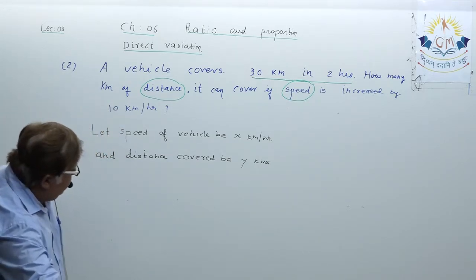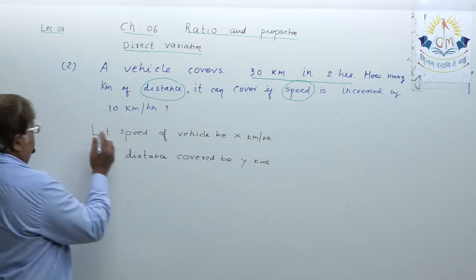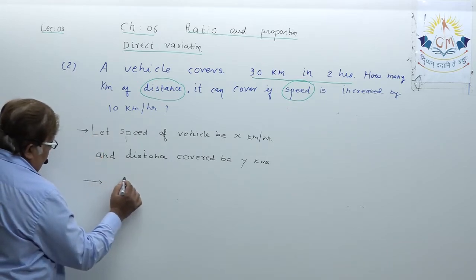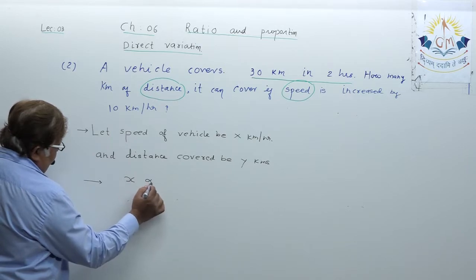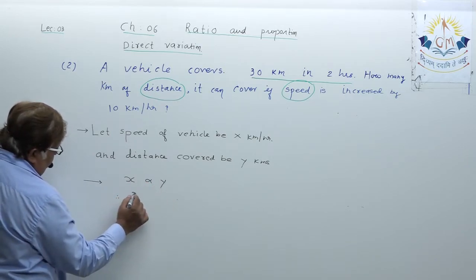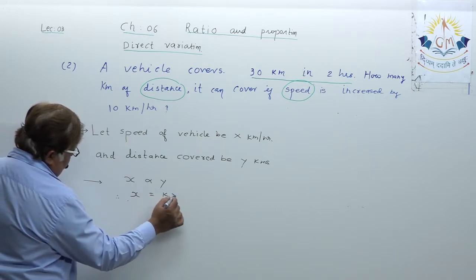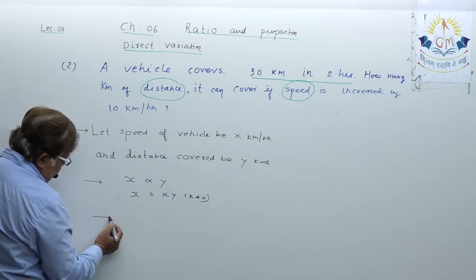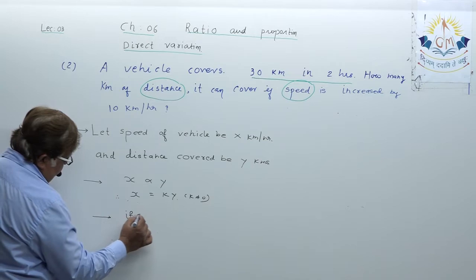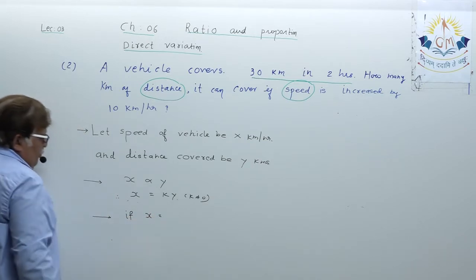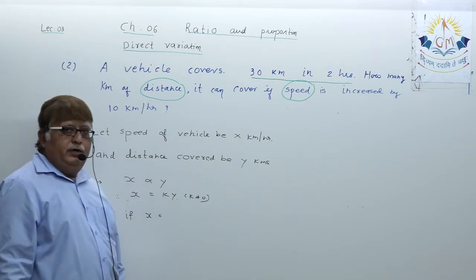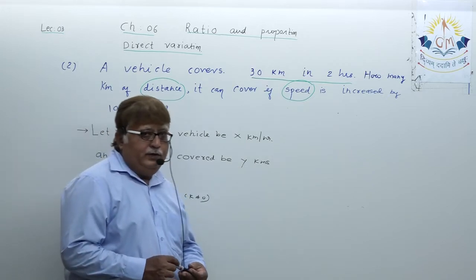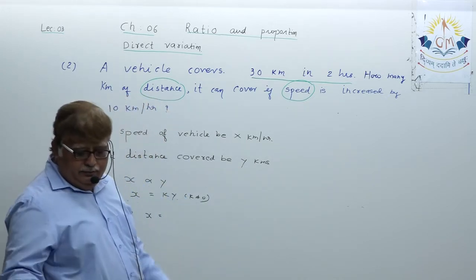First, let us write that data so that you know. This is the first half of the sum. Supposing now x varies to y, x equal to ky, k not equal to 0, and now the third step. If x equal to, what, we have supposed x as speed. Are you able to find the speed from the given data? Can you?